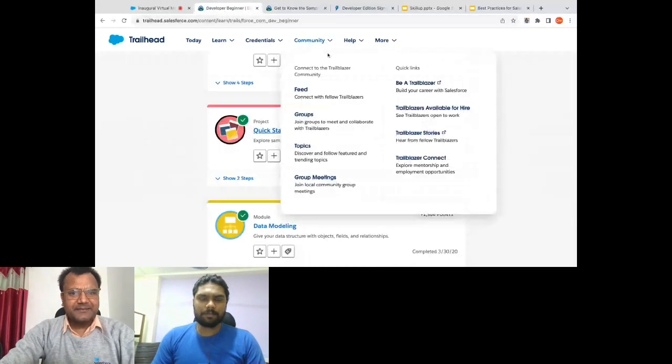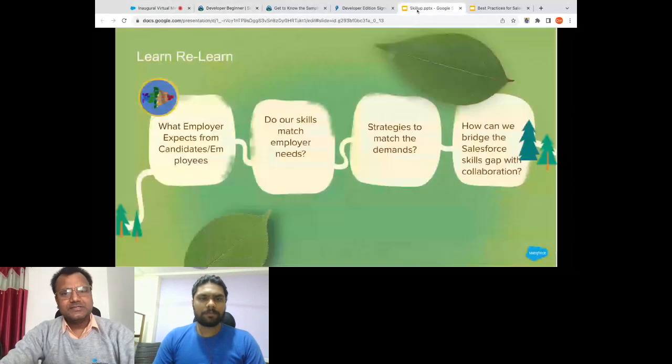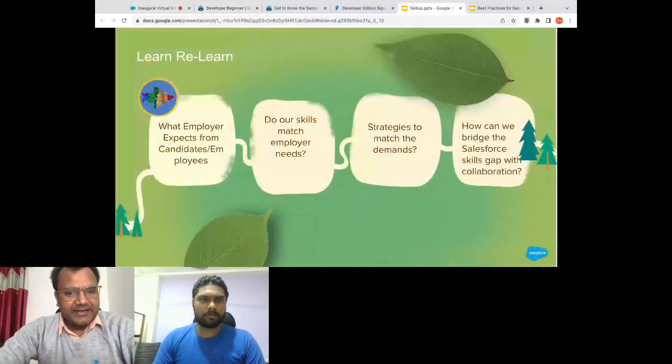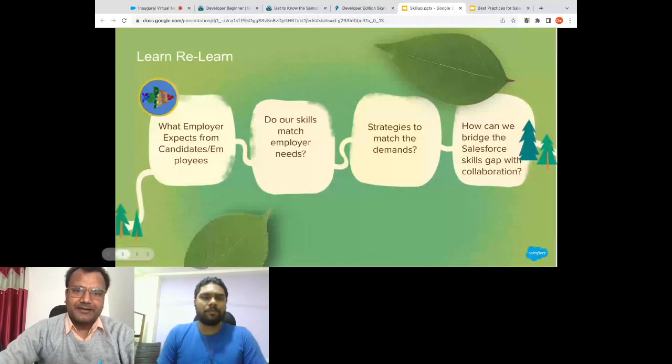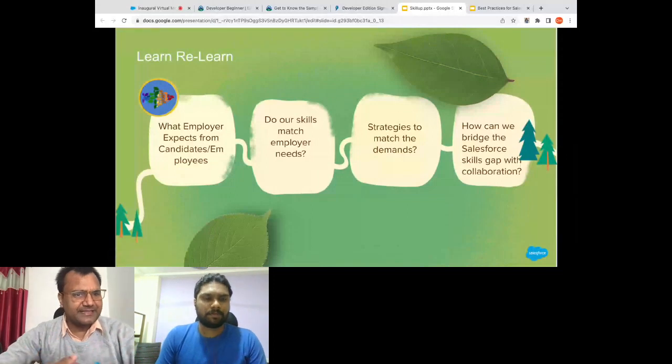Along with that, the main important thing, I see we have mixed level of audience, so we should also discuss this. Either you are going to guide some beginner, or some beginners reaching out to us. First thing we discuss about this part, what is the expectation of the employer? Because if you are learning Salesforce or you are skilling up with a new thing, our end goal should be